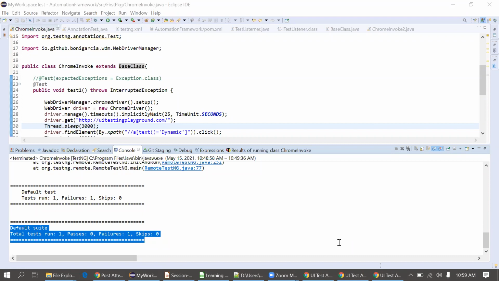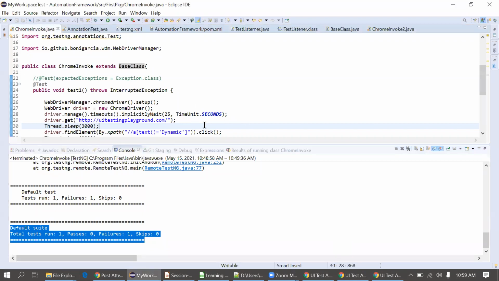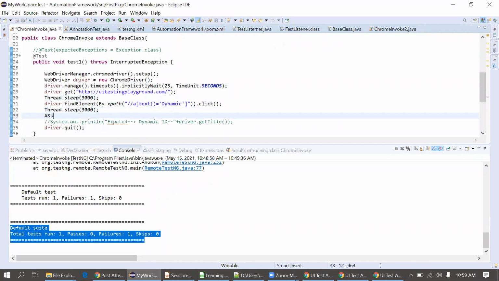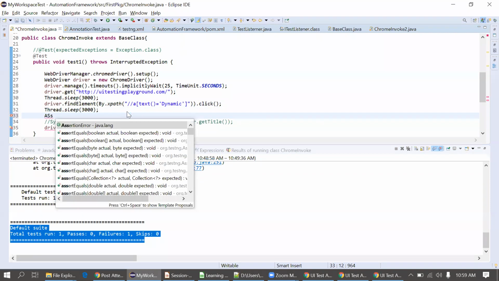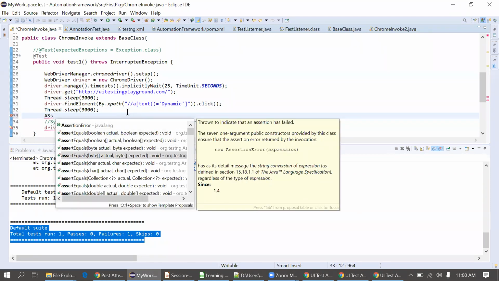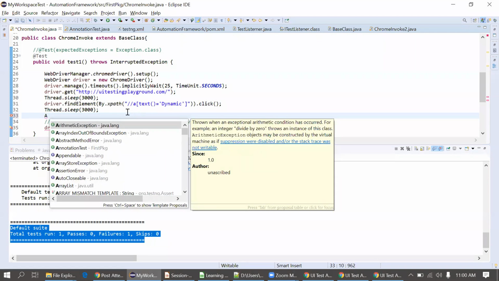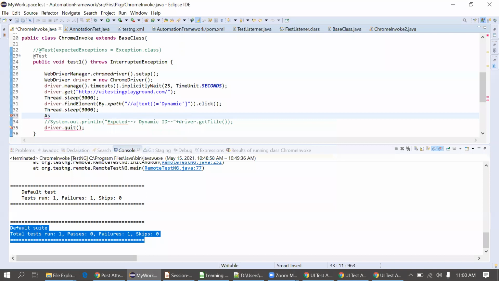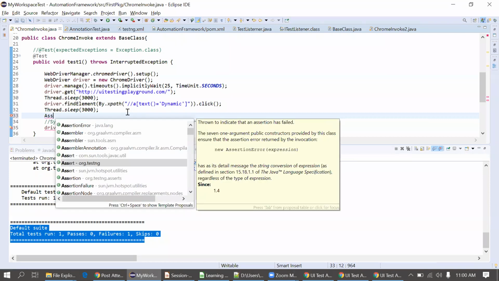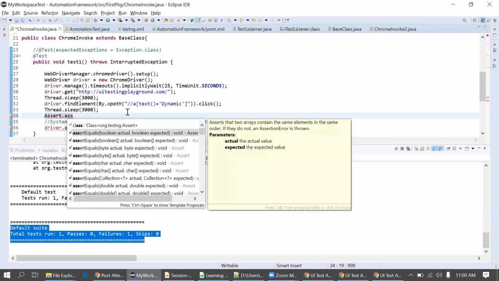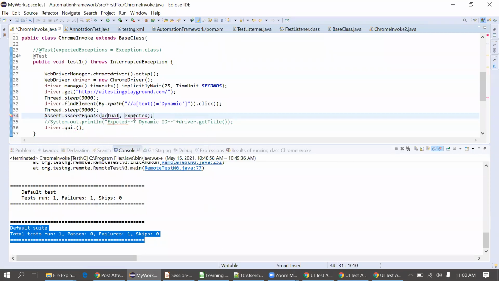Yes, assert in TestNG we can do, Shubham. That's fine, I'll just show an example. I'm planning to do it in the next session actually. We can simply use this assertEquals method here, or assertTrue. We can simply pass the actual value and expected value. If it is not matching, the test case will get failed.